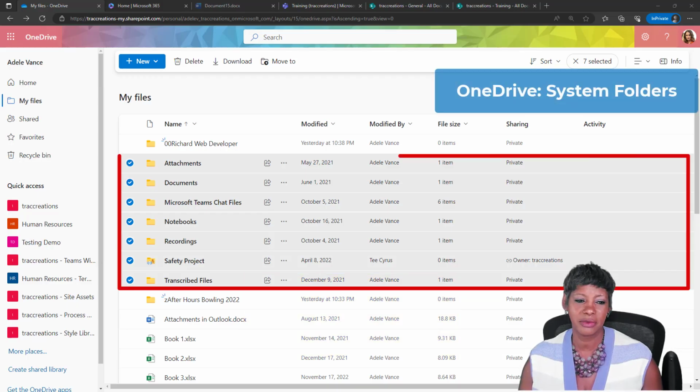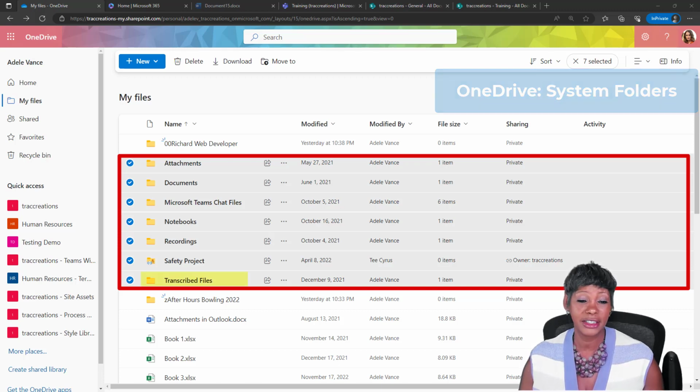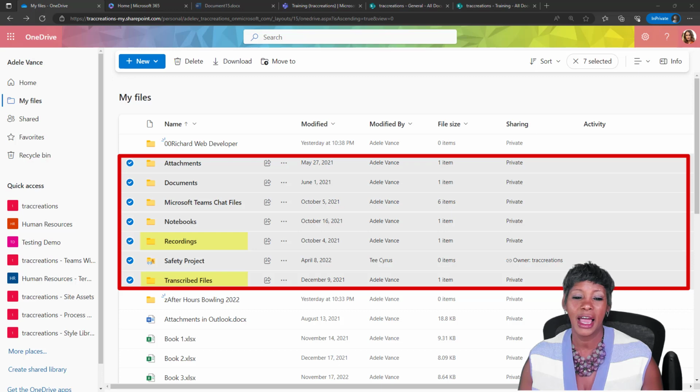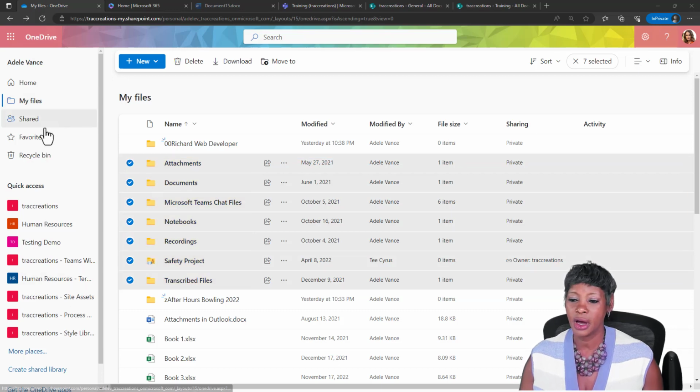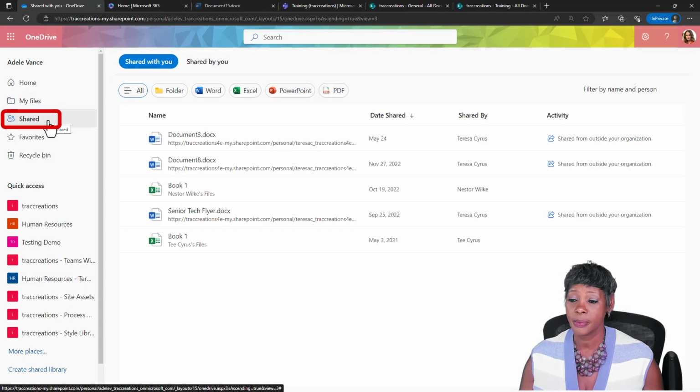Let's talk about system folders. You get folders to store your meetings, transcripts, and recordings. And if you're using OneNote, Notebook, and even some Teams related folders as well. So Microsoft tries to keep your content organized. Now, the shared folder is really just filtering on the content from the My Files folder,